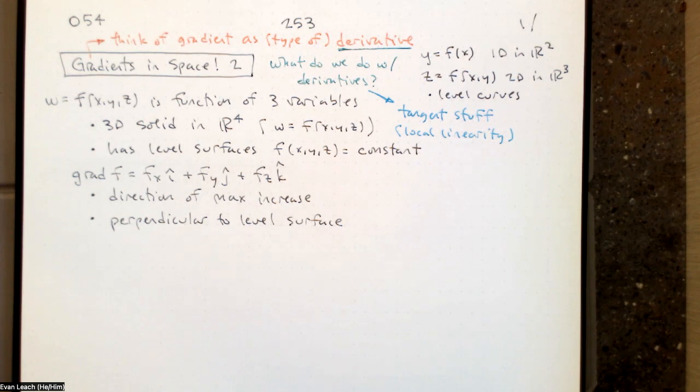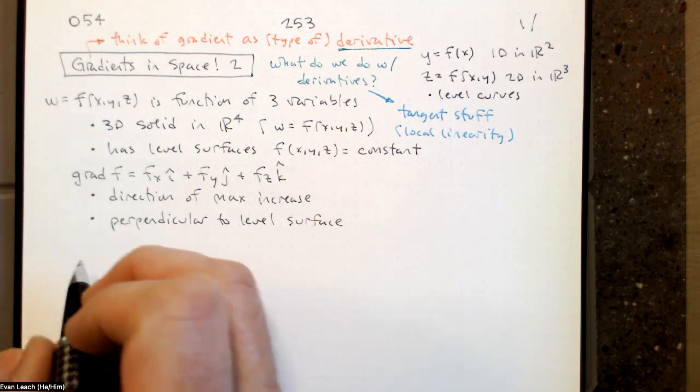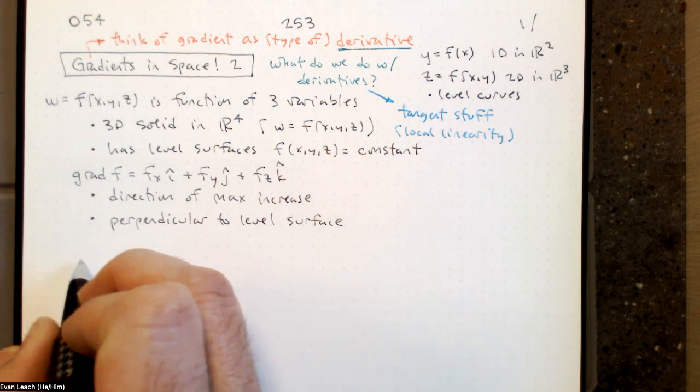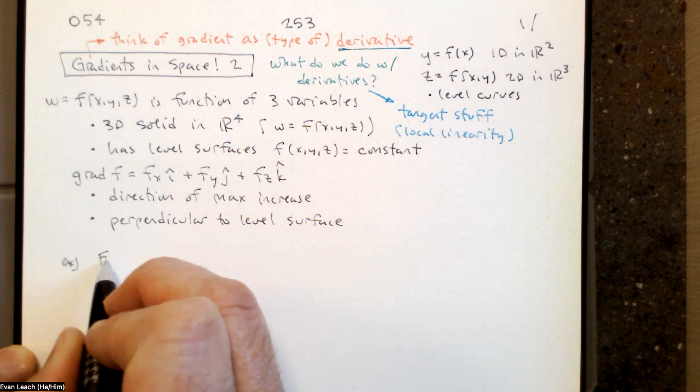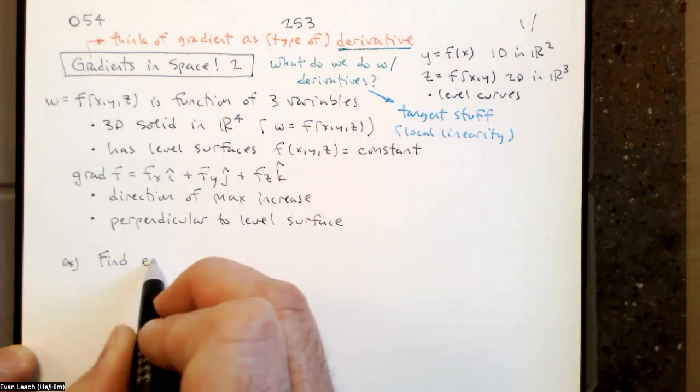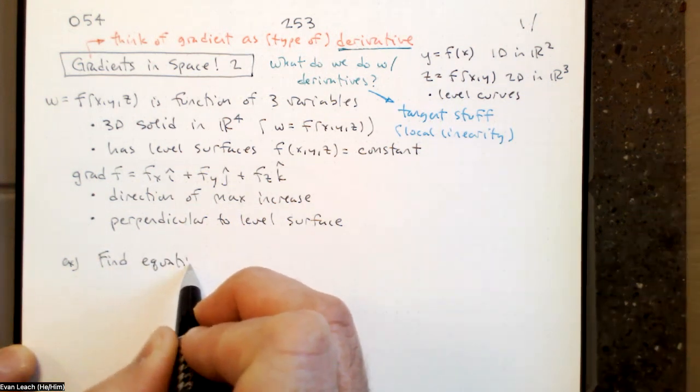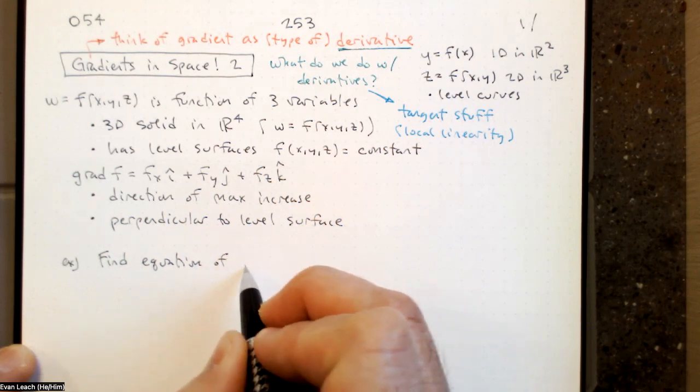Let's take a look at finding some tangent planes. This is something that we've done before, but it's going to change a little bit now. So let's do an old problem first. So let's do an example. Find the equation of the plane